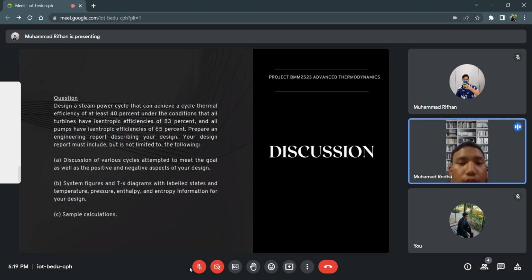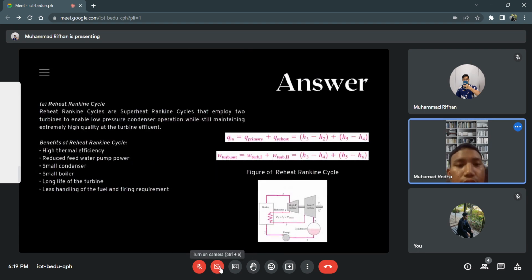For question A, discussion of various cycle attempts to meet the goal as well as the positive and negative aspects of our design. B, system figure and TS diagram. We labeled state and temperature, pressure, enthalpy, and entropy information for our design. And C is sample calculation. Then next, for the answer for A,